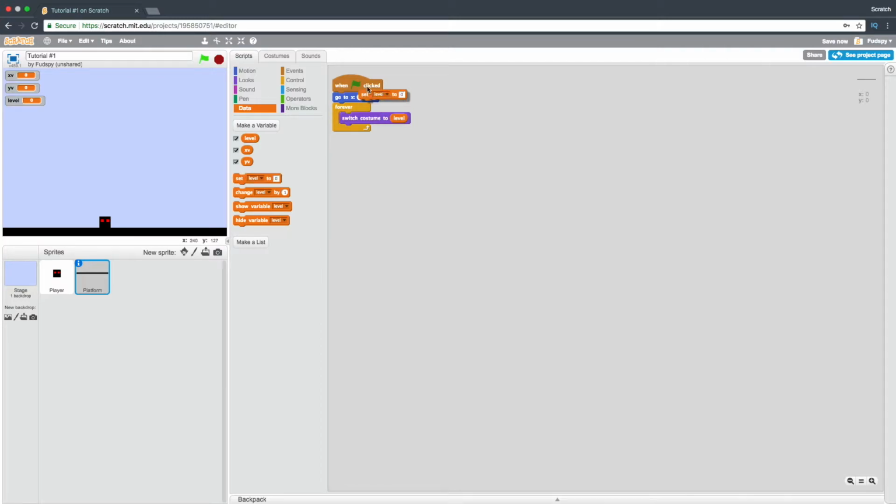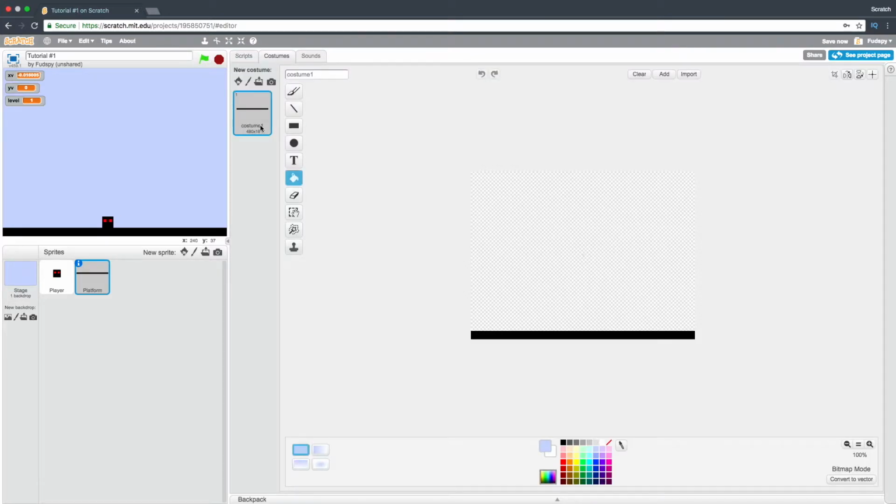Then we're going to click set level to 1. So now it should look the same when we click the green flag, but now if we add another level,